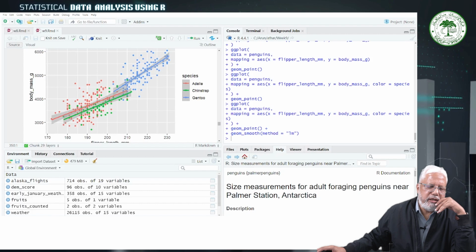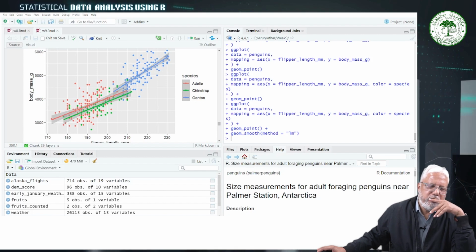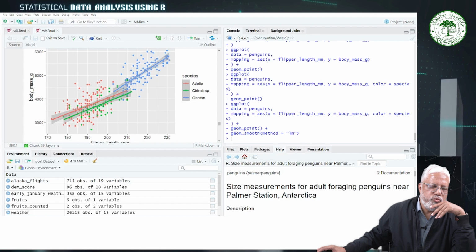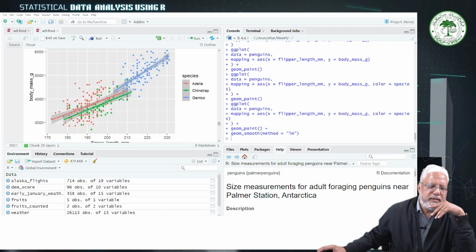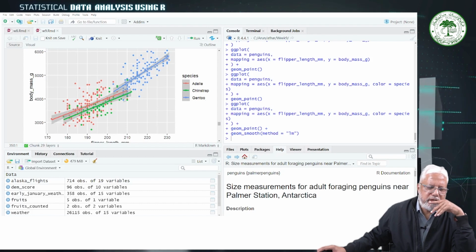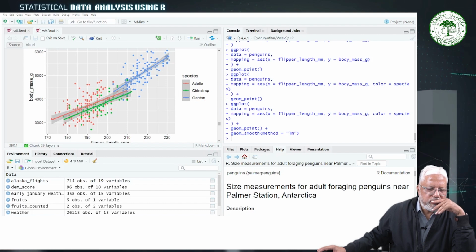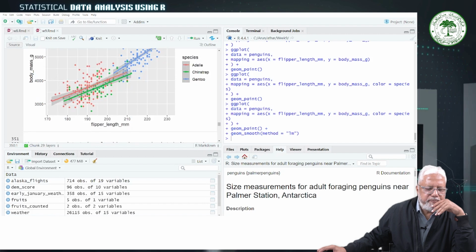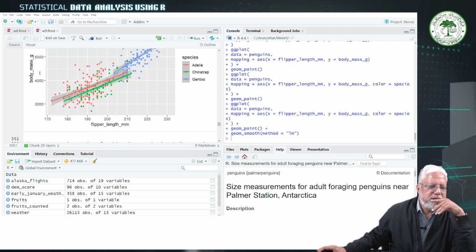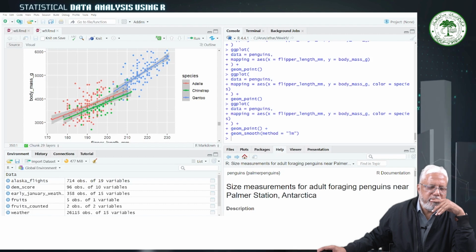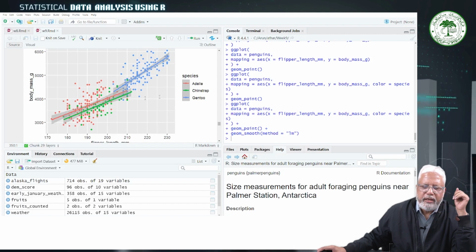So these are the three lines, in which the slopes of these two, Adelie and Chinstrap, are almost the same. So they are parallel lines. What it shows is, as flipper length increases, body mass also increases with the same speed in both